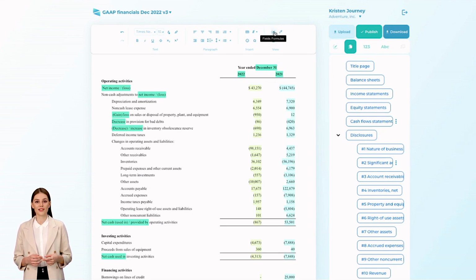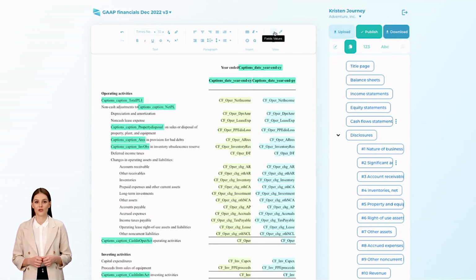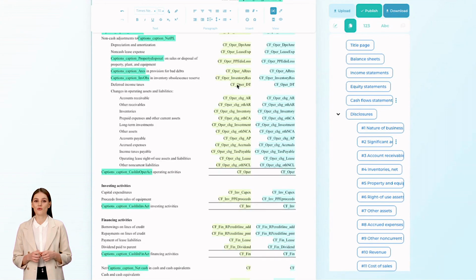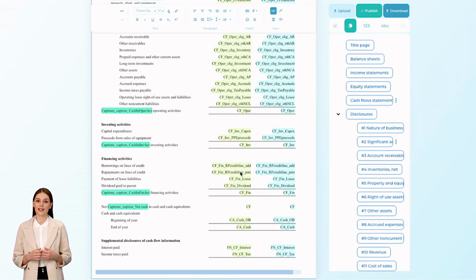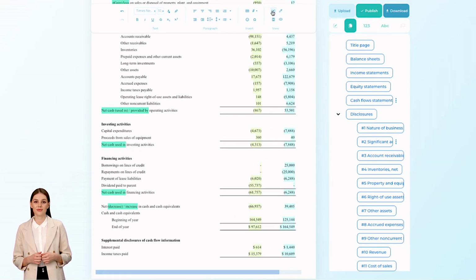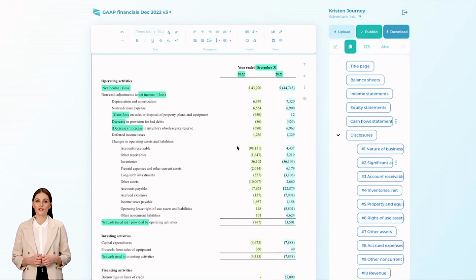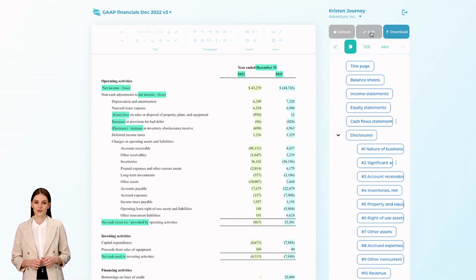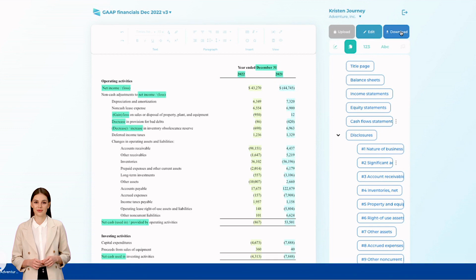The last button in this block is also very helpful for the review. It allows you to turn on a formula mode for all fields so you can make sure they are created for the right object. When everything looks good, or you just want to see your work in progress in a Word file, hit a download button and get your file ready in seconds. Make sure to always click Publish before that, so all your changes are captured in the Word file appropriately.